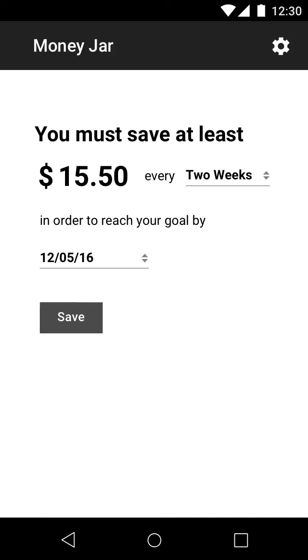Yeah, the whole reason I made it was because I needed one of these. I was trying to save up for a trip, and I was looking all over the app store. I'm like, I just need something that will tell me how much to save every paycheck, and I couldn't find one. Anyway, so